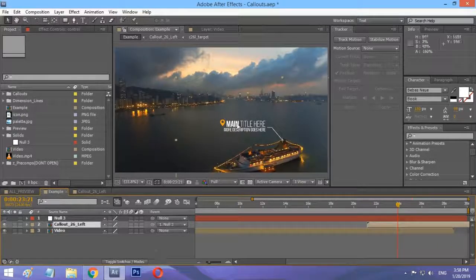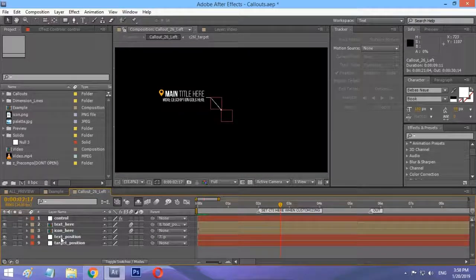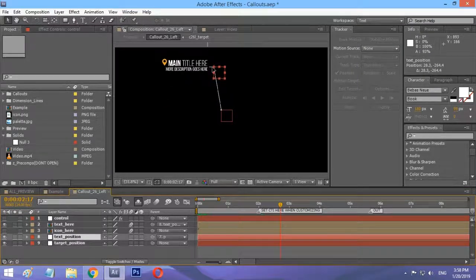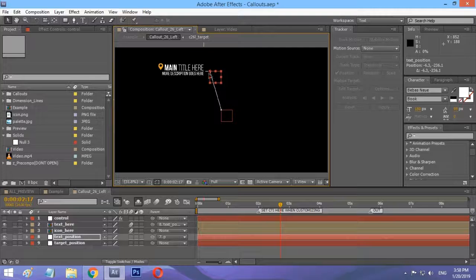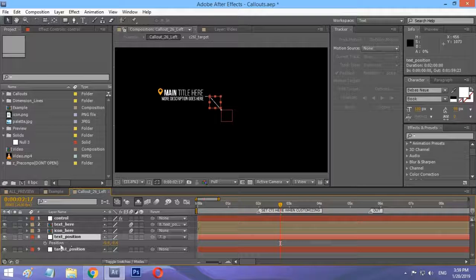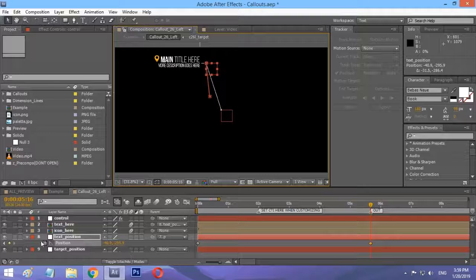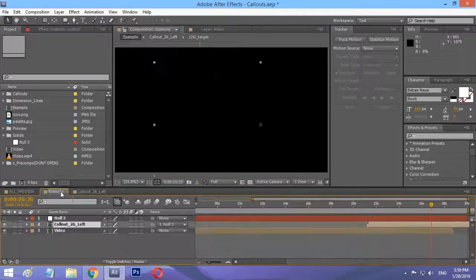To change the text position or to animate its position, go inside the callout and select text position, and you can change its position like this, or you can animate it by pressing P to reveal the position property, and at the beginning of the motion I want the position to be here, and at the end of it I want the position to be up here. If you go back and preview,